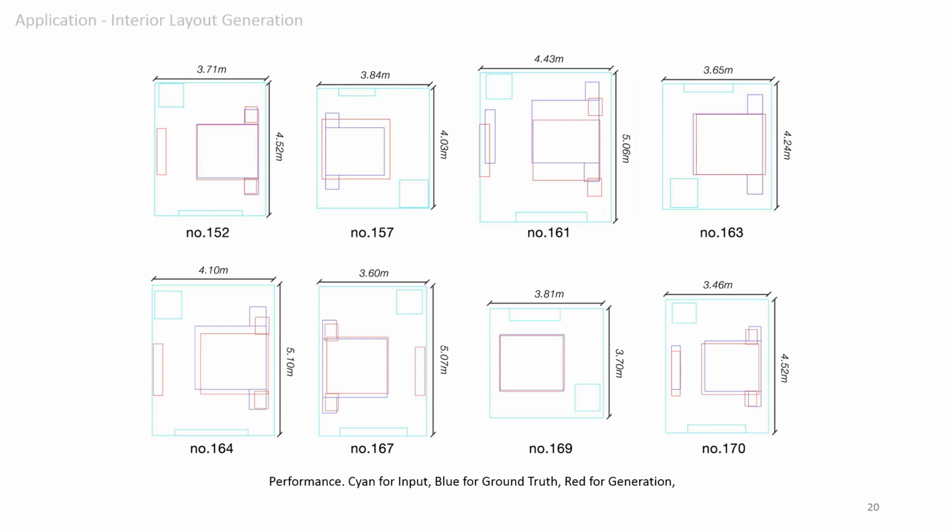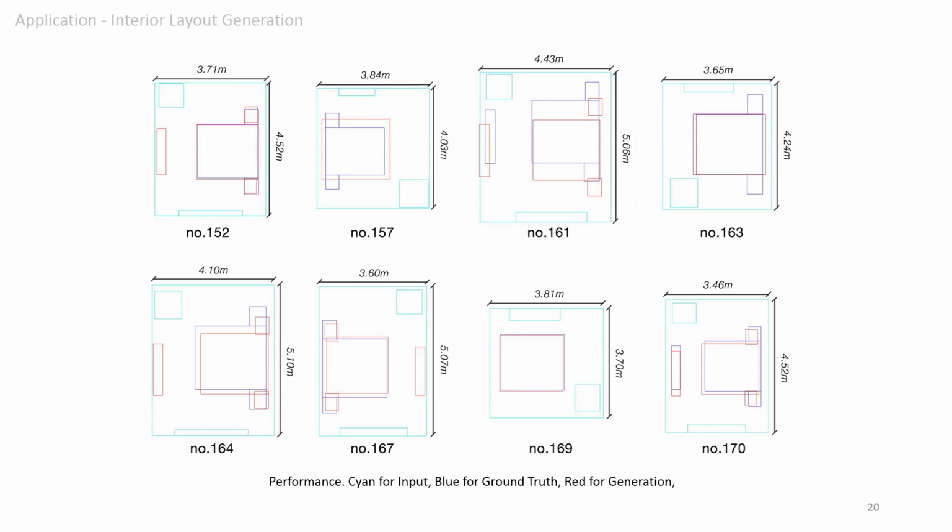As for the bed and the bedstands, in the case of number 157, rather than generating 2 bedstands, the network prefers to output a larger bed without bedstands. Also, in the case of number 163, the bedstand disappeared from the ground truth data to the generated data, which might be caused by the short side length of the room. Further, the position of the bed and the bedstands are closer to the center axis.